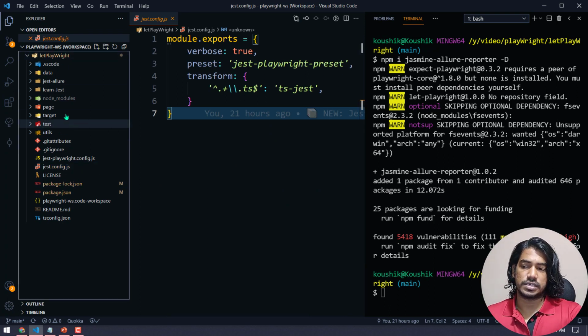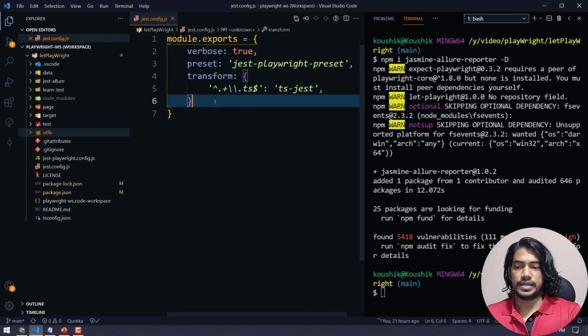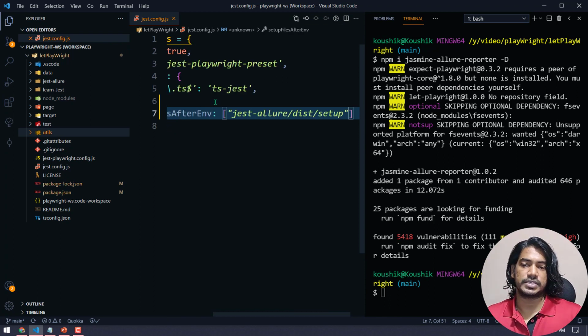Root level in the sense, here you can see the node modules are there, right? And few folders are there. So this is my root. Don't create anything within the folder. It should be always like your root or the parent. Then I'm going to add this here, comma, and paste the value.